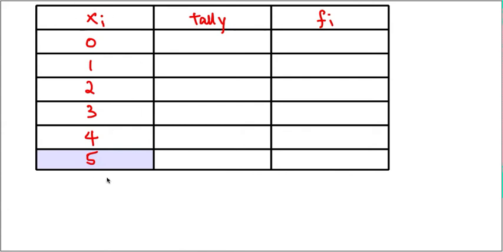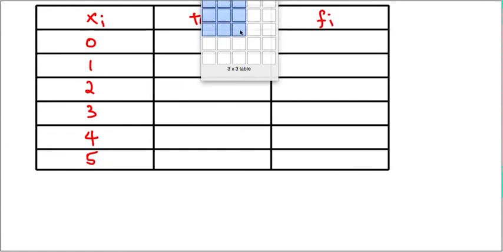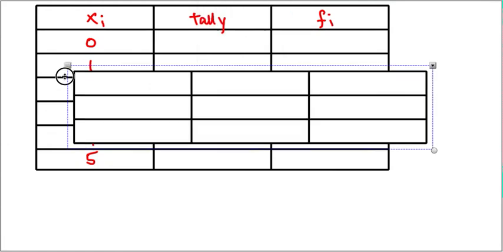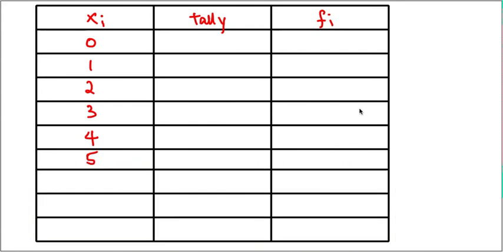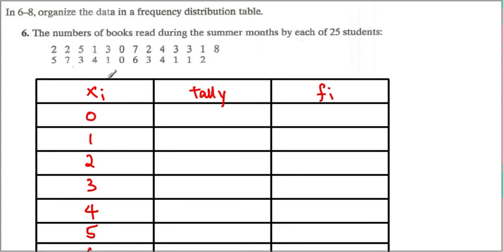So I'm going to put it this way, and we're going to have 6, 7, 8. Alright, so let's go for the tally here. 2, 2, 5, 1. So we're going to have 2, 2, 5, 1. Alright. And then 3072,